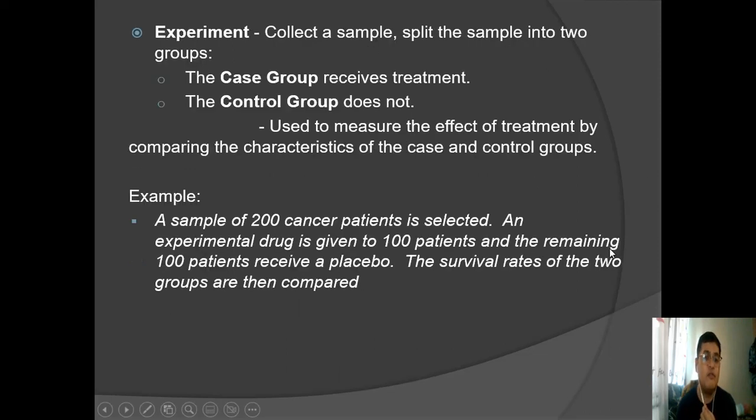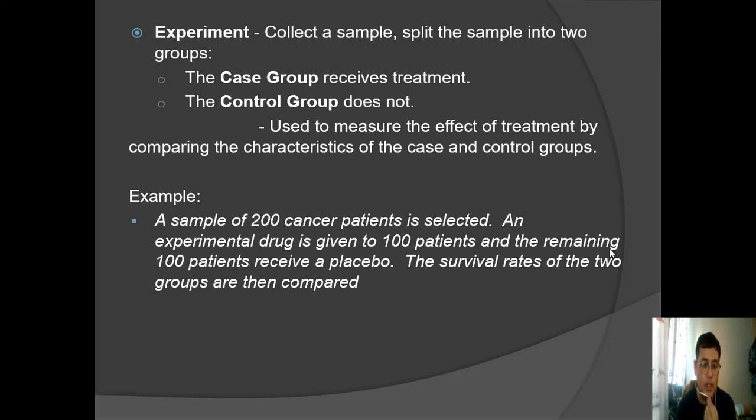Okay, then we have experiment. So this is the number three way to collect data. So collect a sample, split the sample into two groups. So we have the experimental group, which receives the treatment, and of course the control group. So this is used to measure the effect of treatment by comparing the characteristics of the case and of course